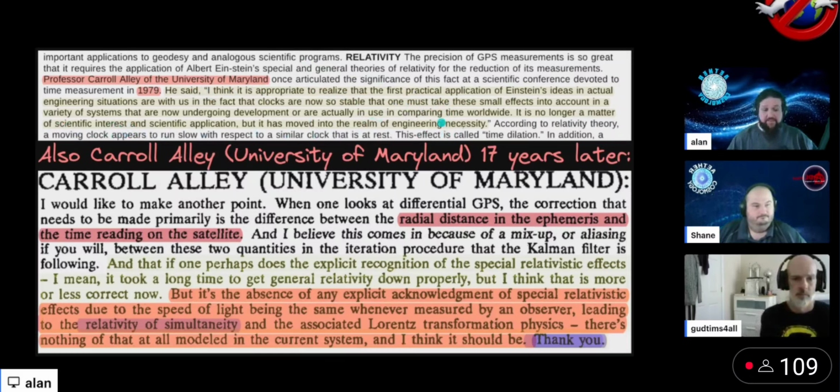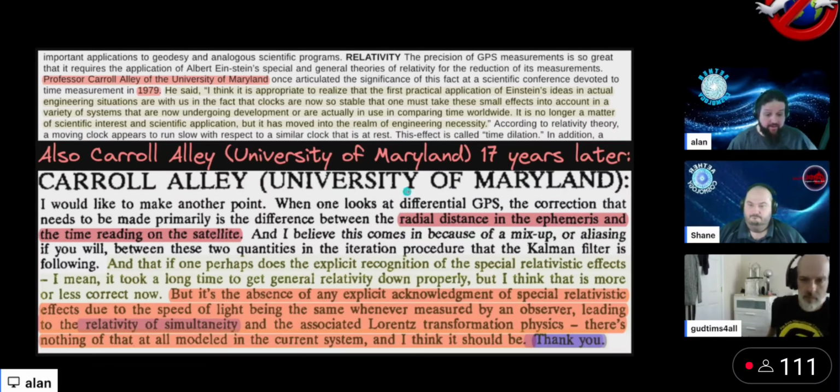Okay. So 17 years later, let's see what old Carol Alley has to say in an engineering overview. GPS has been out for a while now, in 1995, and it's working off of classical equations, and all the engineers are wondering, hey, when are we going to put relativity in GPS? Like, Carol Alley 17 years ago said that it was here. We're just wondering. So anyway, Carol says at the end of this overview, there's a note from him where he wrote in,